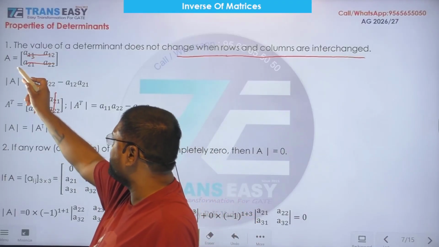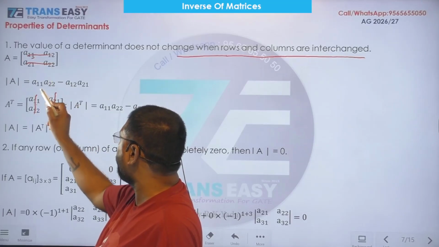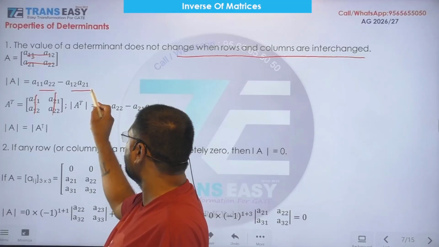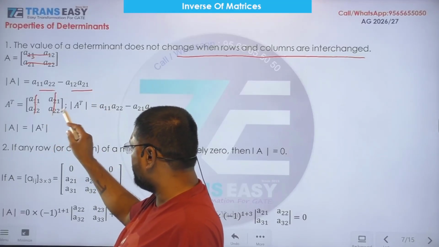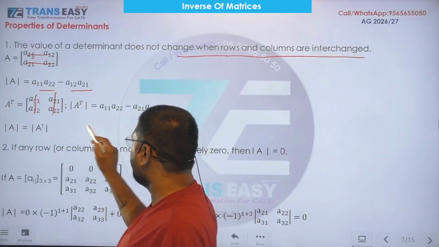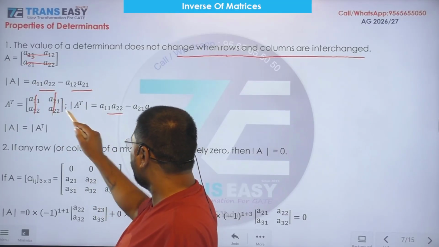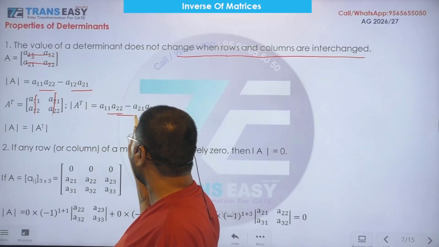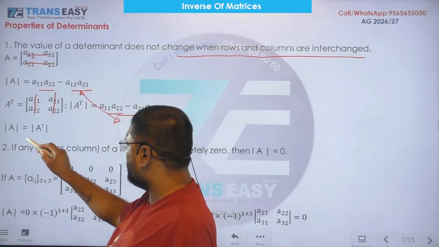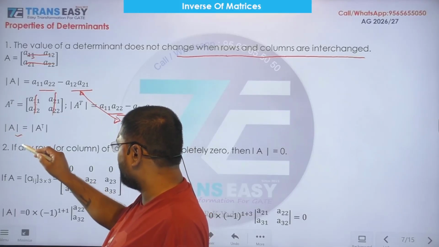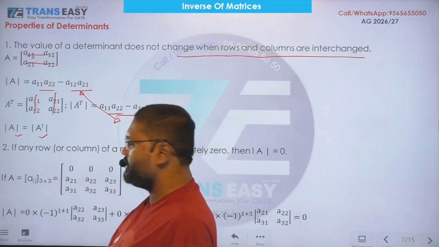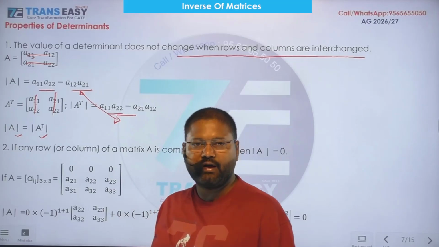Now find its determinant value A11 A22 minus A12 A21 and here determinant of transpose of matrix A A11 A22 minus A21 A12, both are same। So determinant of matrix and determinant of transpose of that matrix both are same।